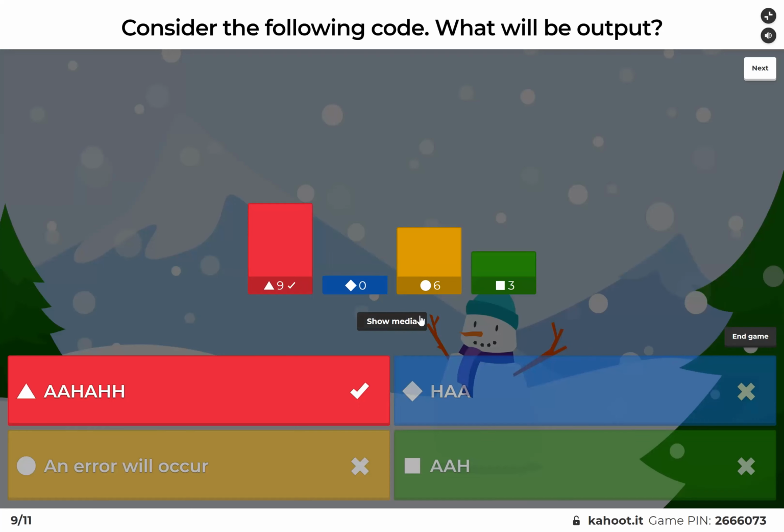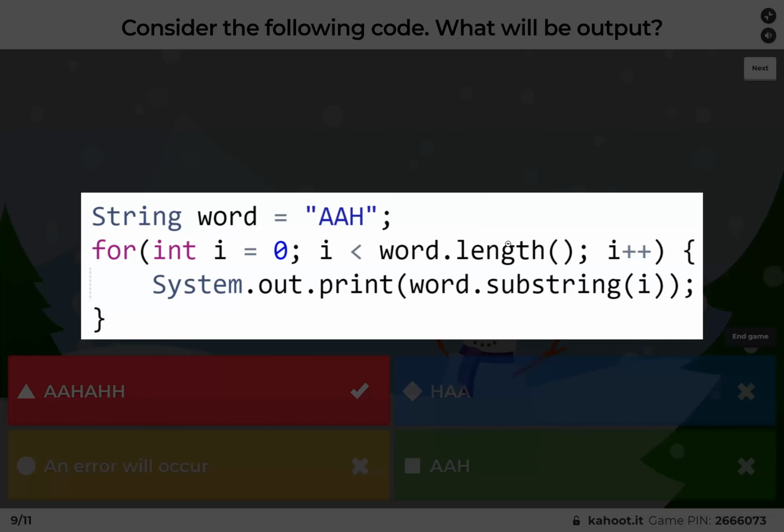Let's go. What happens when we have a substring with 1 parameter? It goes until the end. So what values will i hold? I will hold 0, 1 and 2. If I substring from index 0, what do I get? We'll get the whole word. If I substring from index 1, what do we get? And if we substring from index 2, what do we get? Which gives us a total of